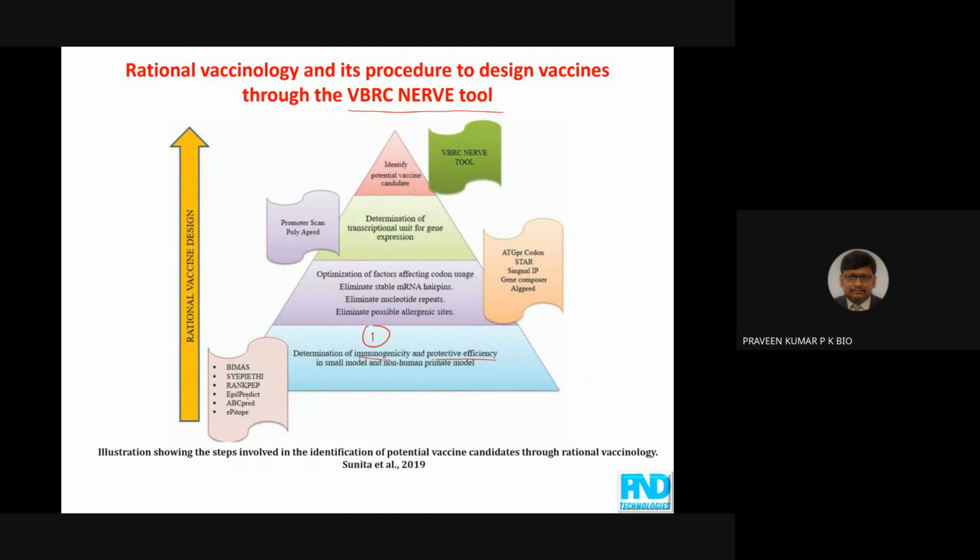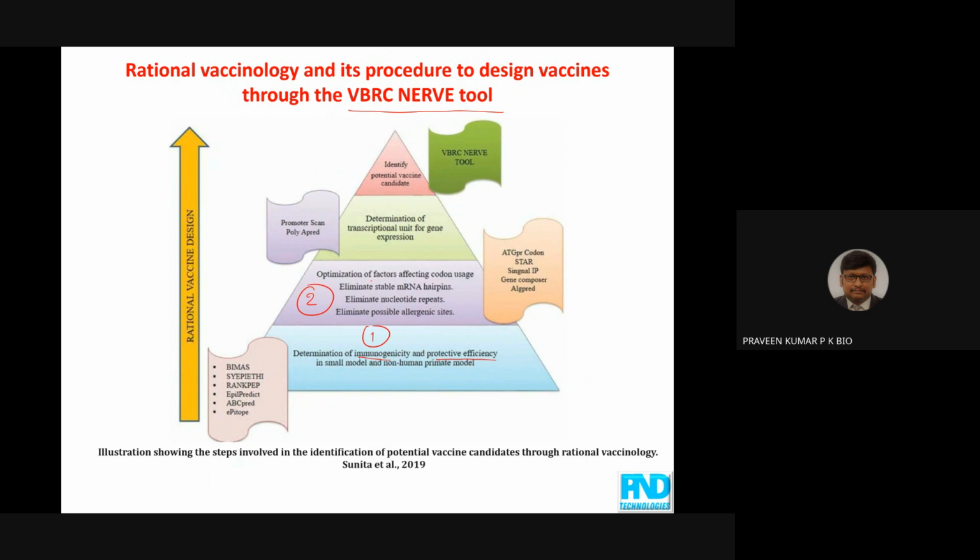The tools shown are related to B cell and T cell epitopes. These tools also include specific tools to determine immunogenicity, other than finding the B cell and T cell epitopes, based on scores. The next step, after predicting the epitopes through any of these tools, the second step is